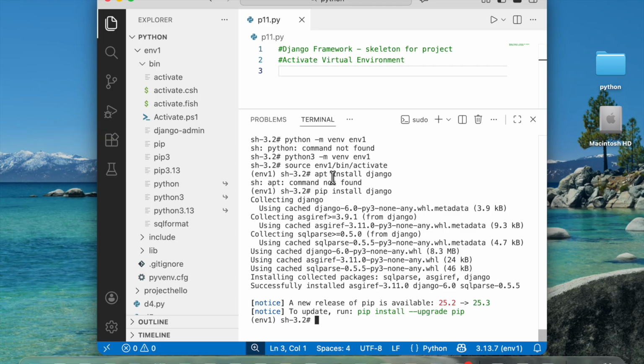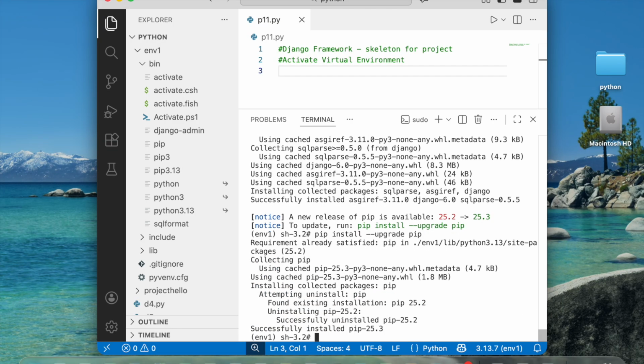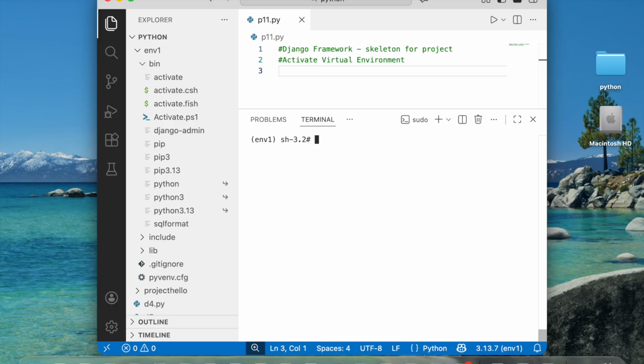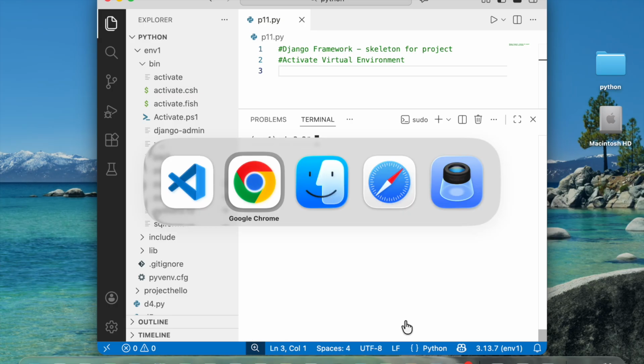Once it is done, you will have to upgrade pip as well. Okay, so once you are done with installation of Django and the updating of pip, the next thing to do